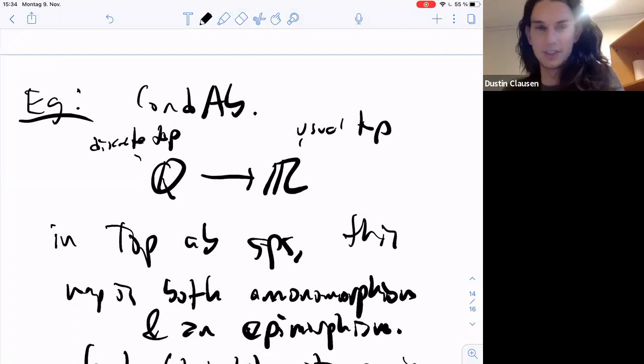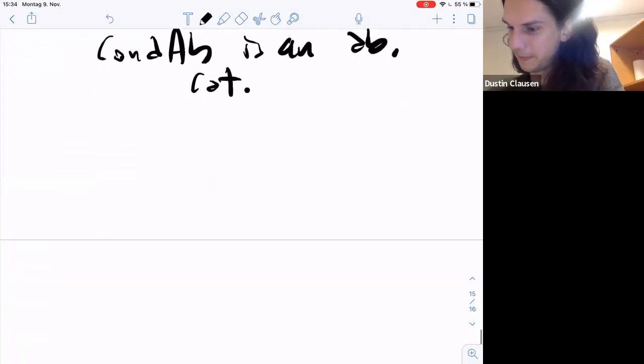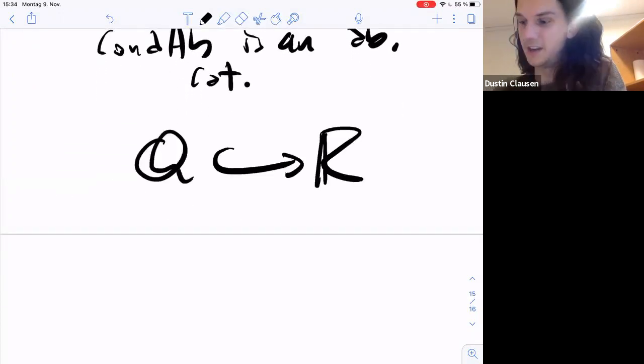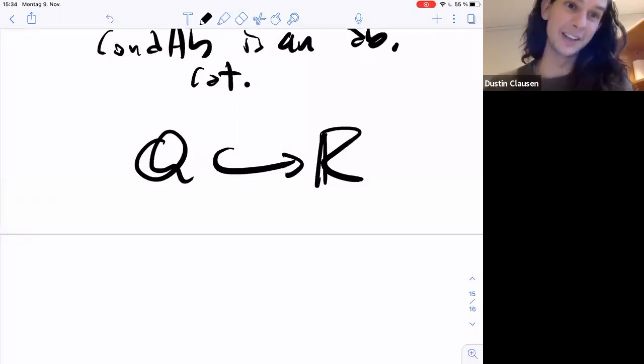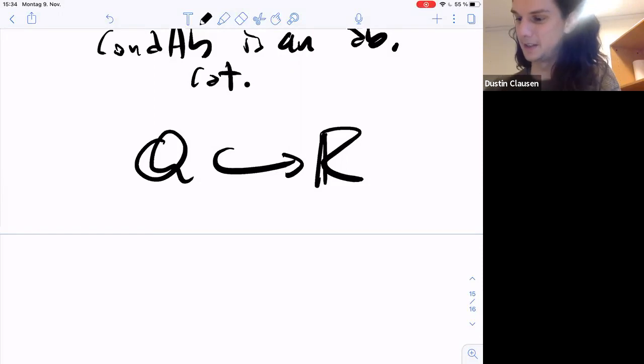So, it's still obviously a monomorphism, because how do you take the associated condensed abelian group? For every compact Hausdorff space, you look at continuous maps from that to this, and that's the value of your condensed set on that. But maps from here to here always sit inside maps from here to here, just because this map is injective. So it's still a monomorphism. So we have Q sitting inside R, and it's certainly not an isomorphism because this is discrete and this is non-discrete. So what must be happening is that there's a quotient,